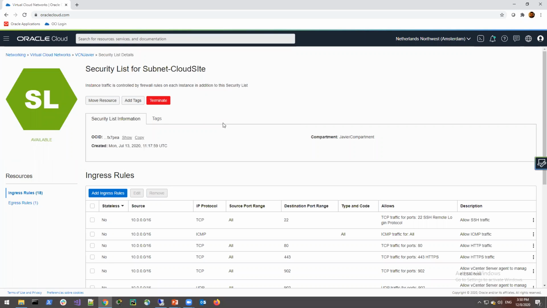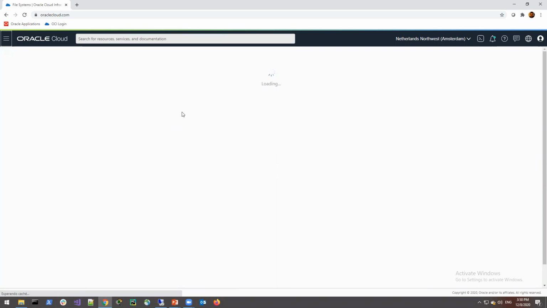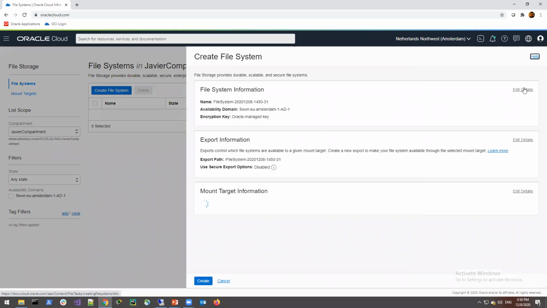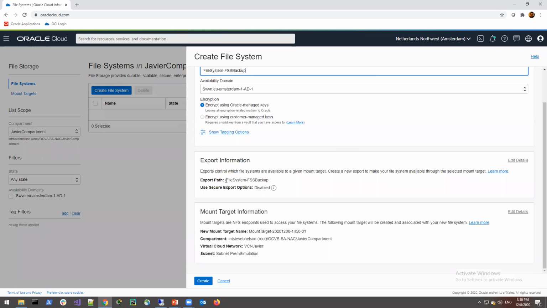Once this task is done, now we can configure the file system and the mount target. Okay, so let's go to the file systems. And here we need to create, in this case, our first file system, okay, edit details, and let's add a very descriptive name to avoid issues. You can encrypt your data with the keys available in Oracle Cloud, or you can use your own keys, okay? In the export information, this export path will be used to add the storage to the vCenter